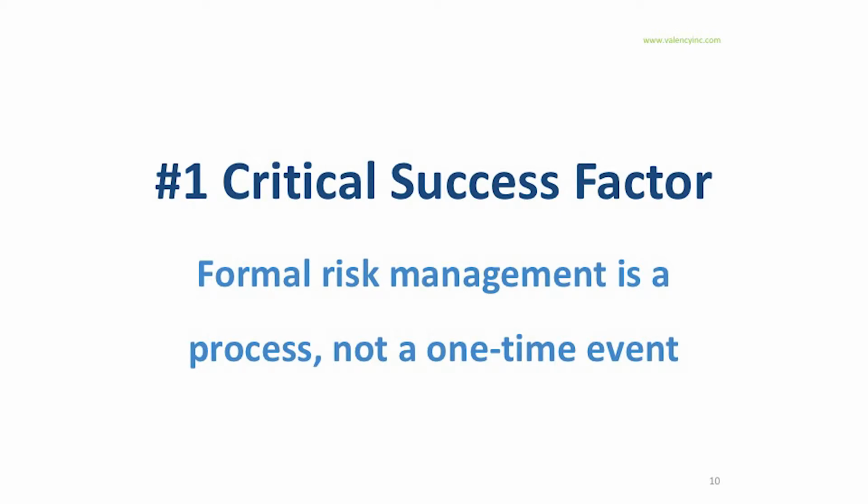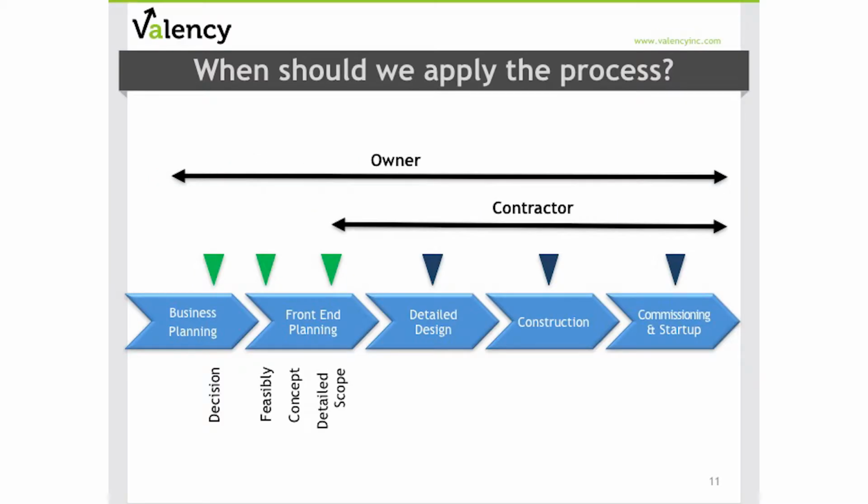As we transition into more detail about the steps in formal risk management, the number one critical success factor that we'd encourage you to keep in mind is that formal risk management really is a process. It's not just a one-time event. And just because we're working with different sizes of projects sometimes, we may be working with smaller or mid-sized projects, that doesn't mean that the risk management process should end after we've been through it once. Depending on the complexity of your project, risk can continue to evolve over time. When developing your risk management process, you need to consider how we're going to best serve the needs of the size of project and the complexity you're working with.